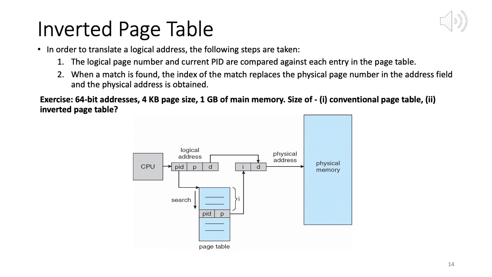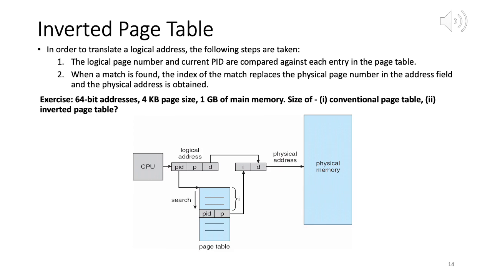So clearly the advantage here is that the page table is created based on the physical addresses. Its index is a physical address, not a virtual one. So the size is naturally kept small, and there is a global page table for all processes.